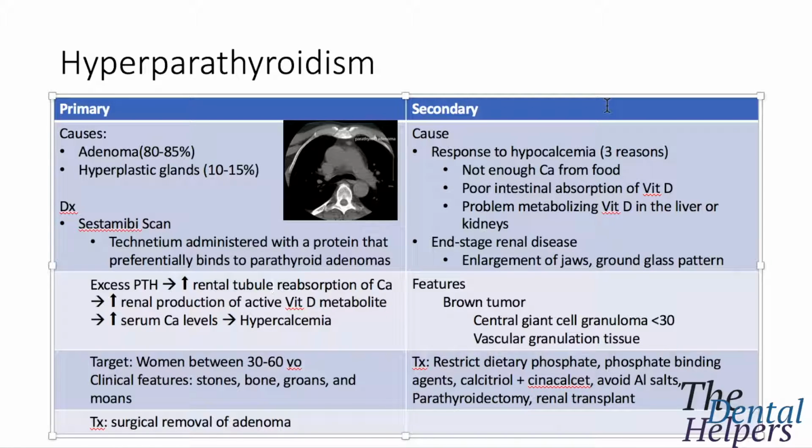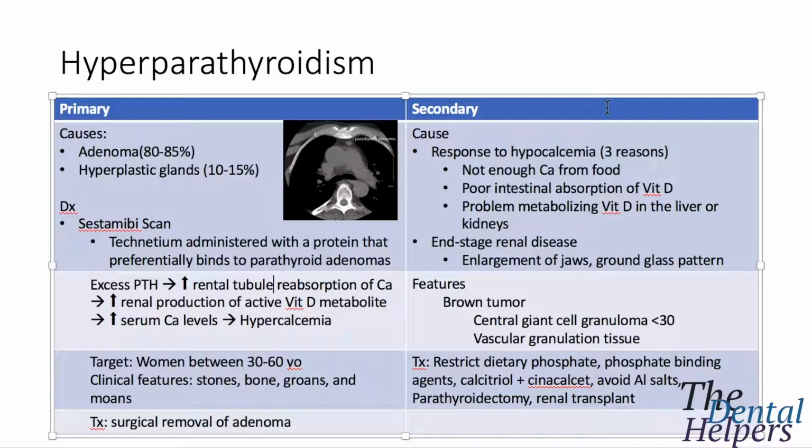Secondary, on the other hand, is associated with hypocalcemia, and there are three big reasons. You're not getting enough calcium from the food you're eating. Your body's not absorbing vitamin D, and lastly, it's a problem metabolizing vitamin D in the liver or the kidneys. And this is usually related to end-stage renal disease, where you are going to have enlargement of the jaw,